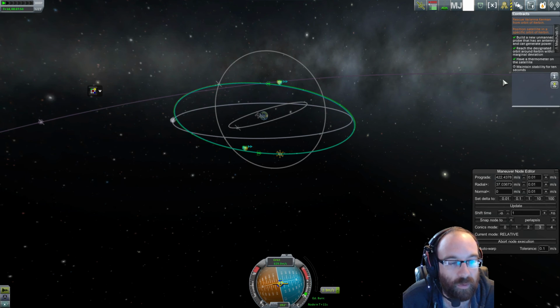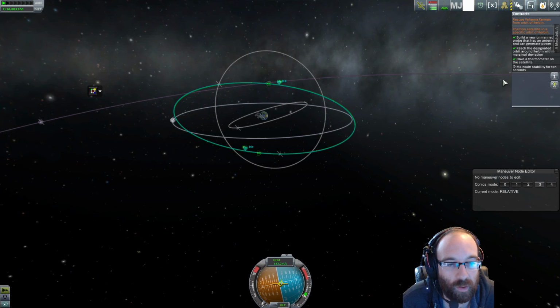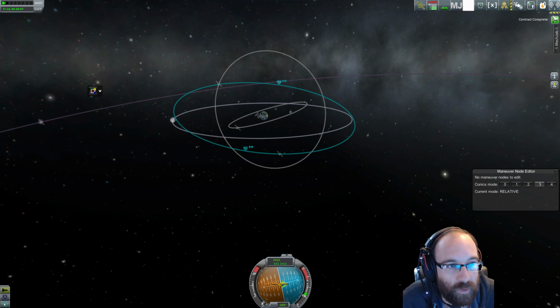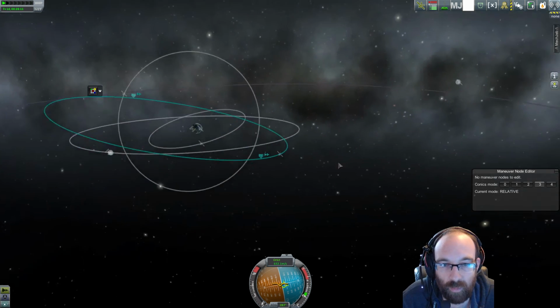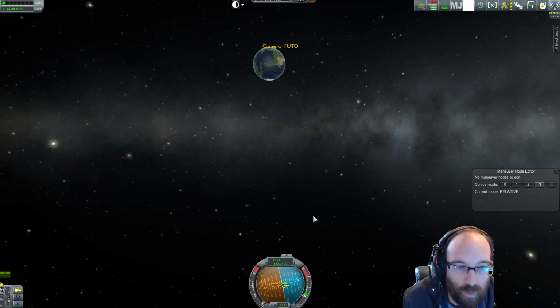There we go. Maintain stability for 10 seconds. Just got to wait for the engine to fully shut down. And main engine shut down. 9, 8, 7, 6. Oh, we've got it already. Look at that. Nice, easy contract. 100,000 for that. I can't remember how much the actual thing cost, but